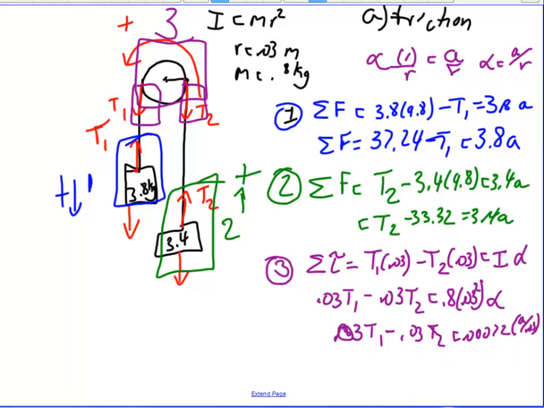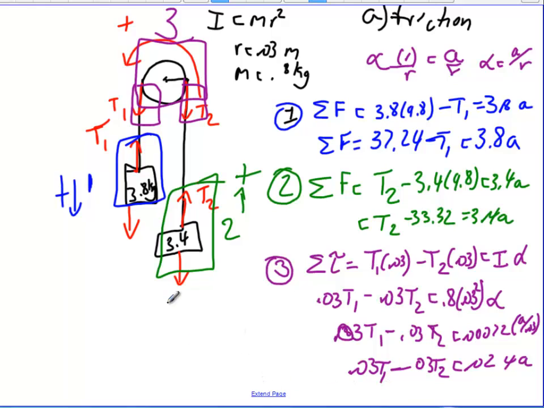Okay, and we can simplify this one more time. 0.03 T1 minus 0.03 T2 equals, let's see, 0.00072 divided by 0.03 equals 0.024. Equals 0.024 A. Alright, so now it's just a matter of solving for one of these T1s or the other